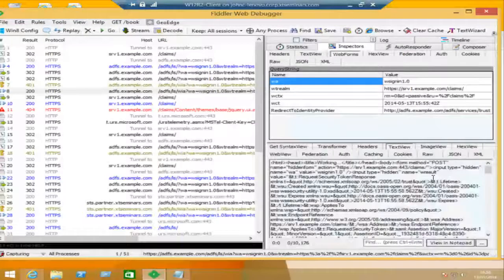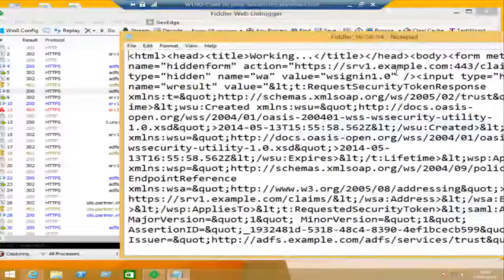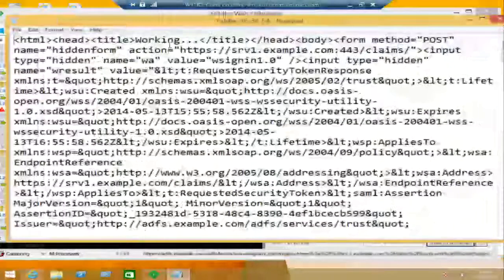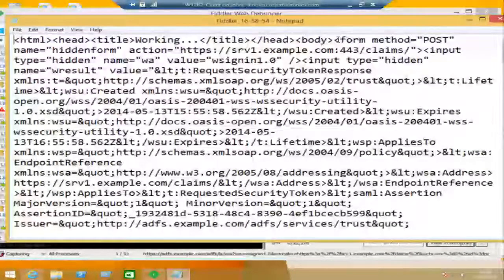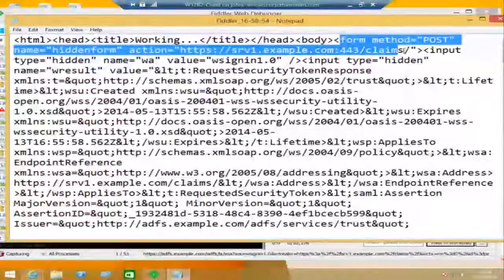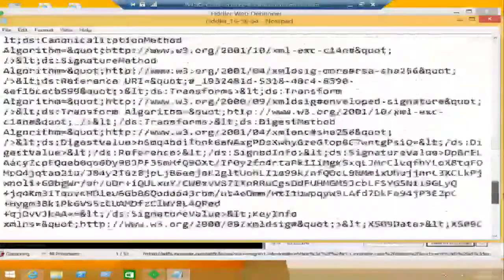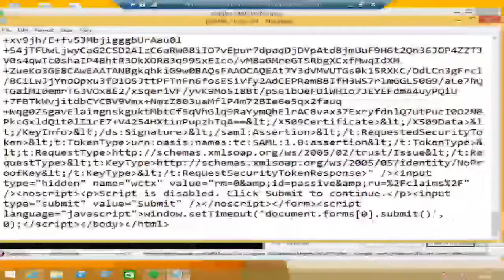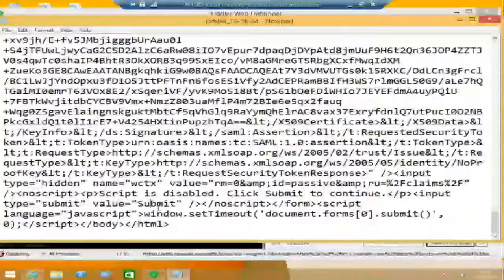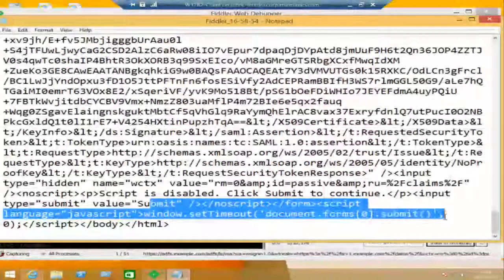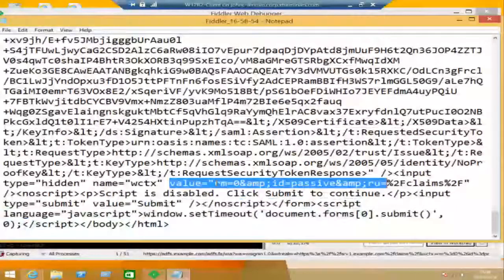So we go to text view, and we view it in Notepad, and what we've got here is a form method, post, all right? What are we going to post back? We're going to post the hidden form, and it's going to go to server1.example.com claims. If we go down the bottom of that, what we can see is we've got the submit button and a little bit of JavaScript to actually do the submission. And then we've got the value in here